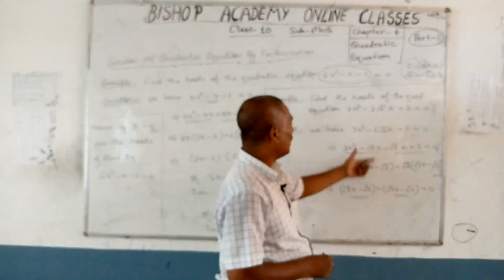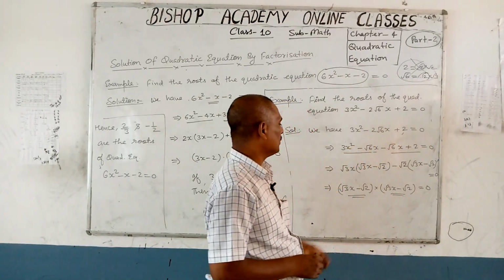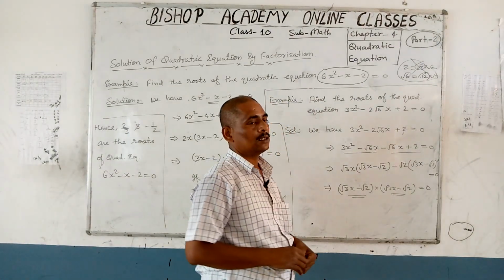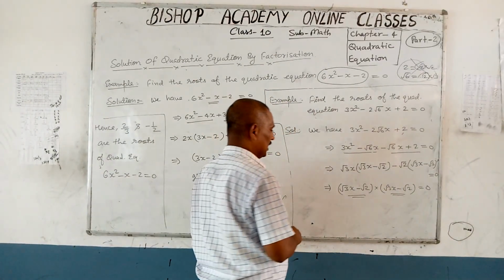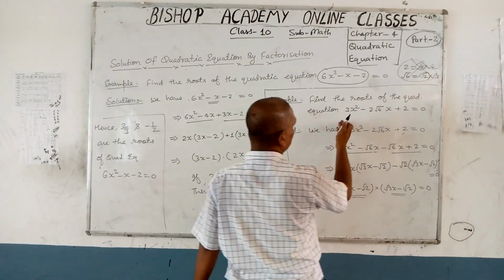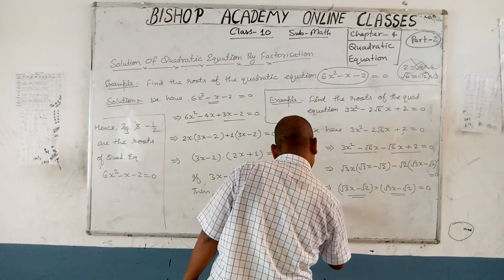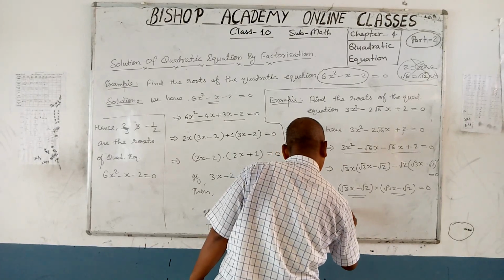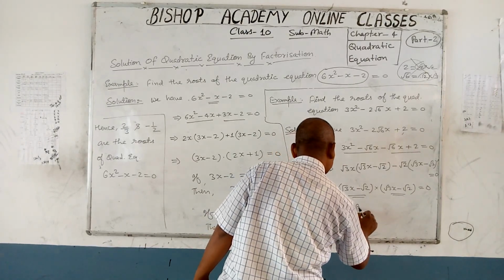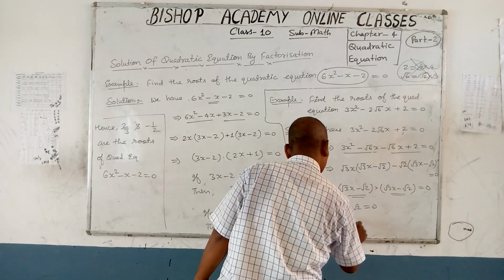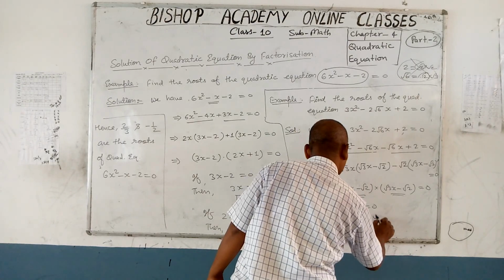Both factors of this quadratic polynomial are same, means in this case the roots will be same. There will be two roots of this quadratic equation which are same. So if under root 3x minus under root 2 is equal to 0, then x is equal to under root